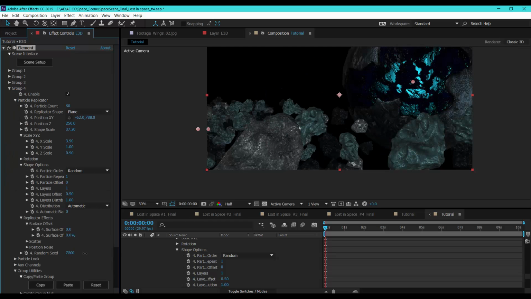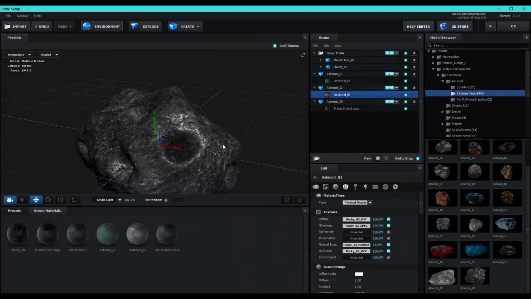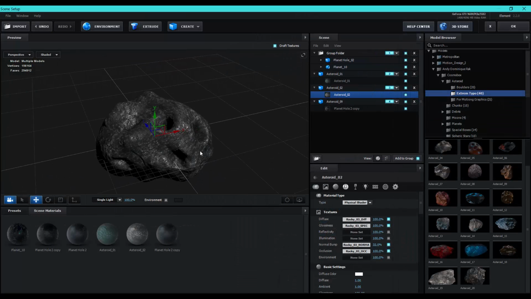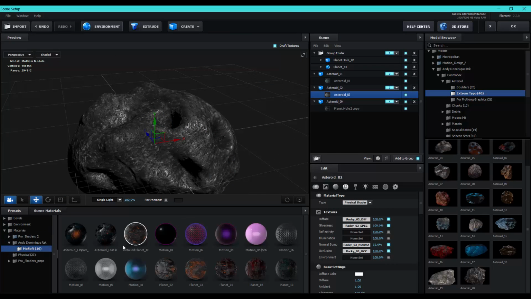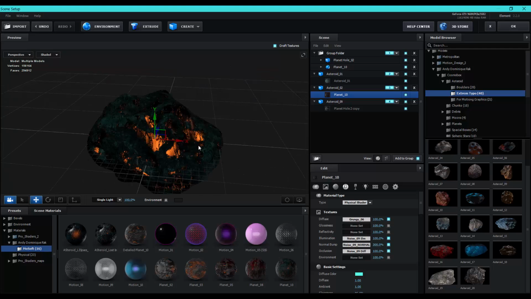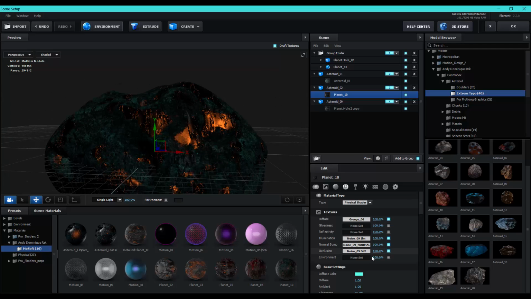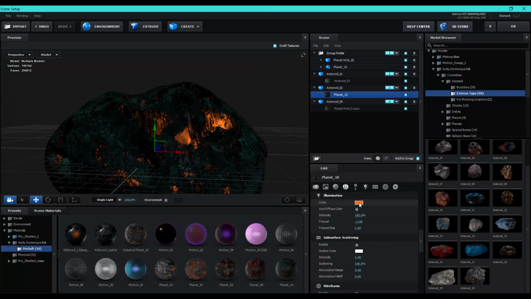Let's random. Okay, let's jump back into the scene setup and do some material changes. For this one, let's apply another material. Maybe this one. Change the illumination color.